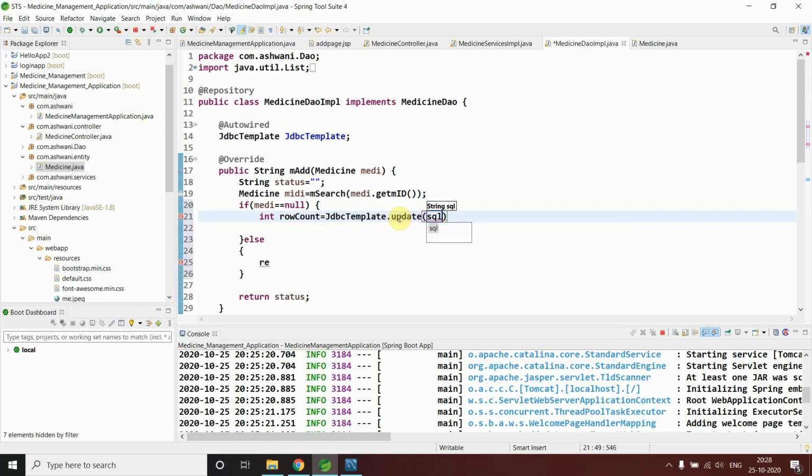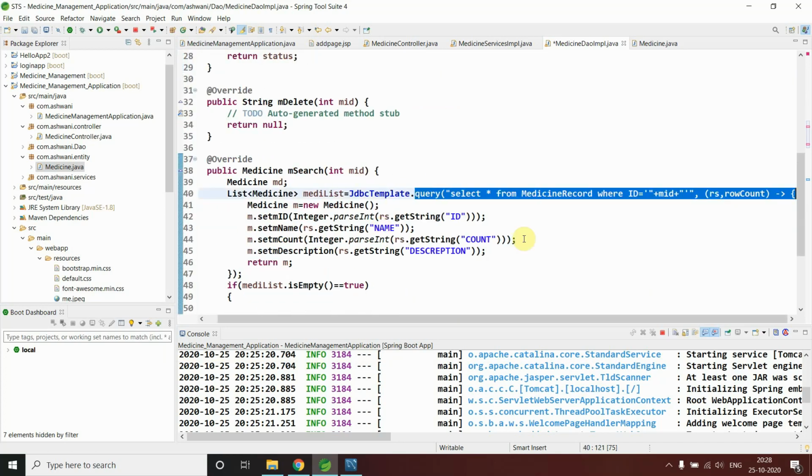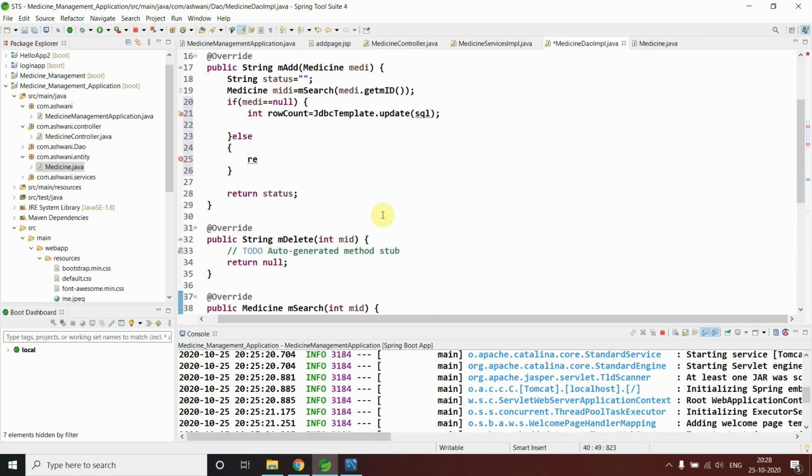Just remember one thing, there are a lot of options in JDBC template. Here we are using the query method. For every select query, we use this method. Got it? Any non-select queries use the update method. Clear? Simple.